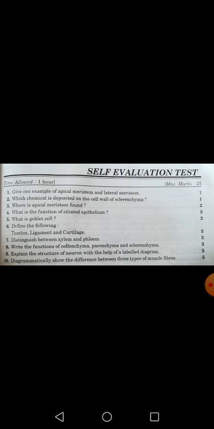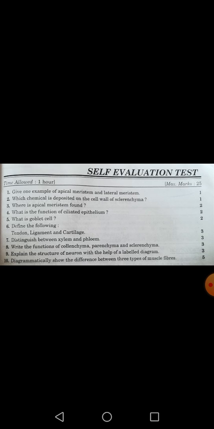Sometimes it helps in the movement of mucus, and if I am talking about the human female reproductive tract, since the ovum is immotile, when it is released from the ovary, the ovum moves into the fallopian tube of the human female reproductive system. Then it moves with the help of these cilia. So the ciliated epithelial tissue helps in the movement of mucus as well as the ovum in the human female reproductive tract.